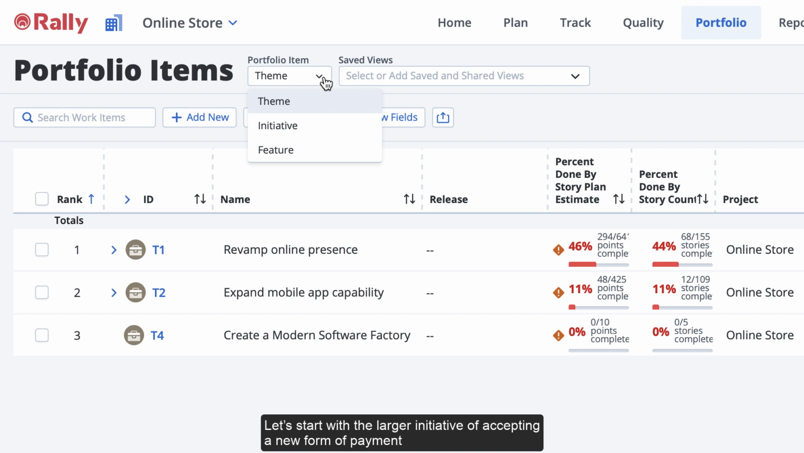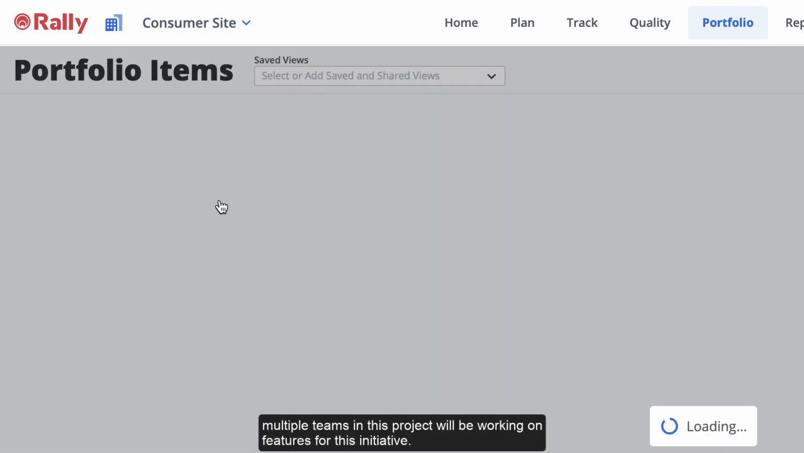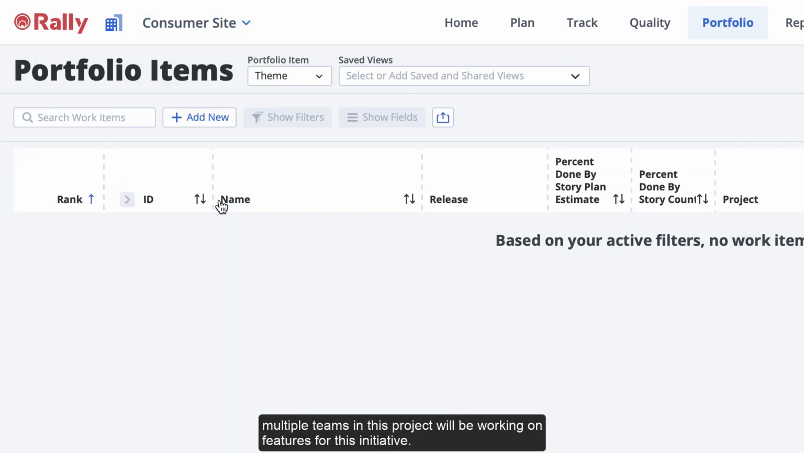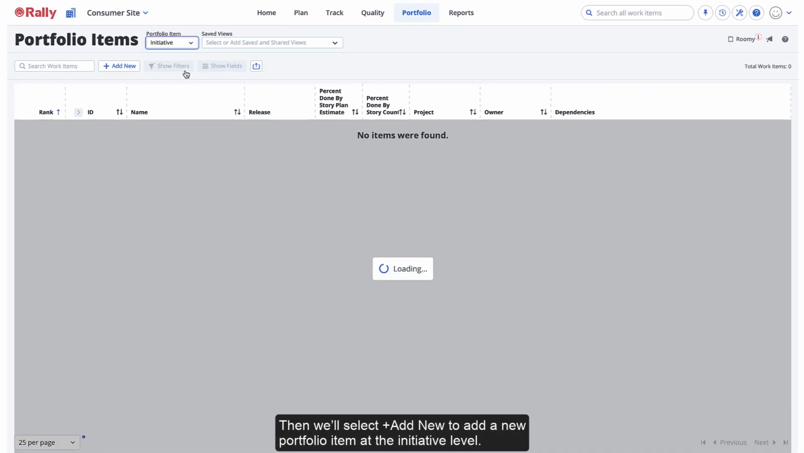Let's start with the larger initiative of accepting a new form of payment, in this case, gift cards, for our online store. Let's use the consumer site project for this initiative, since it may be that multiple teams in this project will be working on features for this initiative. We'll set the portfolio item type to Initiative, then we'll select Add New to add a new portfolio item at